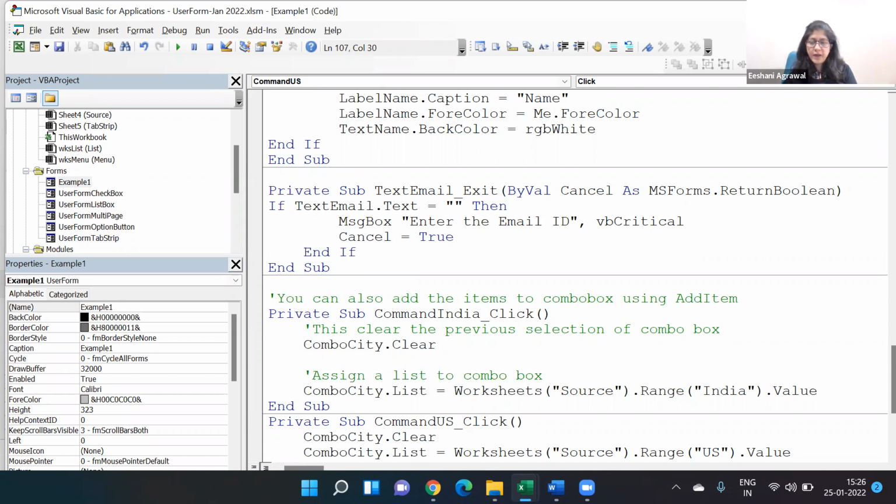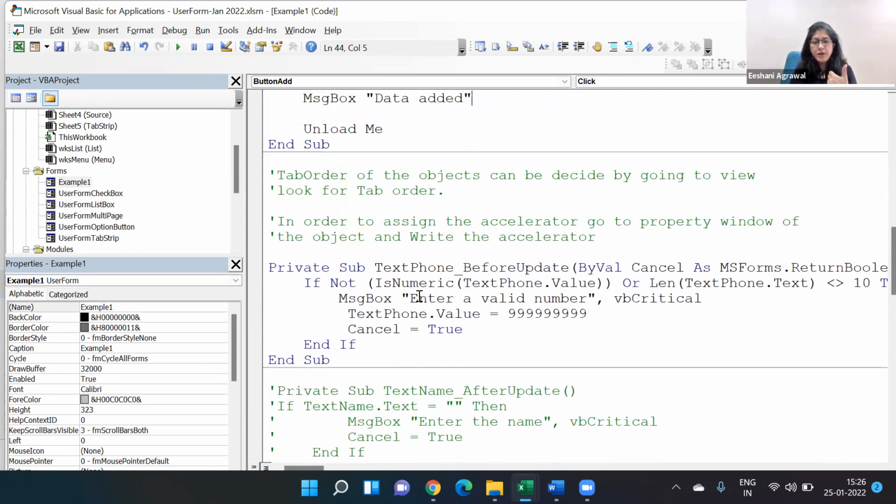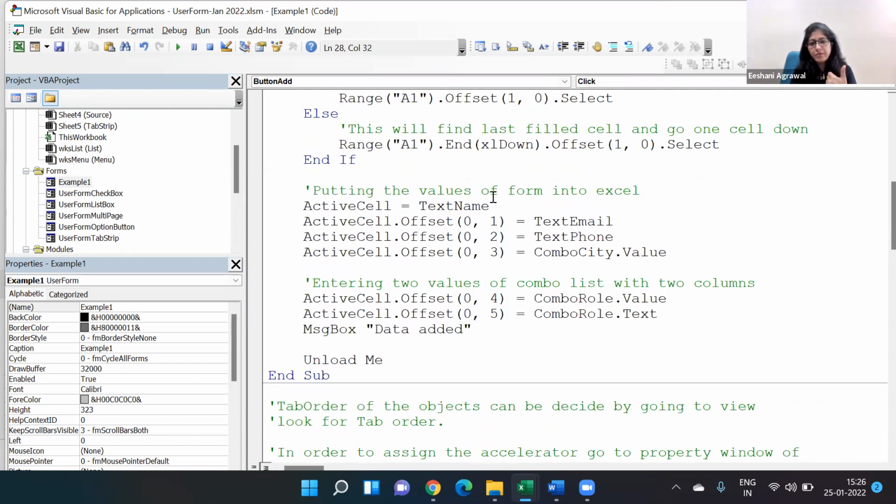Okay. And once the list has been assigned and you have made a selection, how do you bring it to Excel now? So again, if I go back to this add button code, over here we have said active cell dot offset, because on the first ones we put the name, the email, the phone number, and the city. How we are picking up the name of the object: combo city dot value. So where will it pick the value? Once a user has selected that value in the list, it will return that particular value over there. So if I run it,